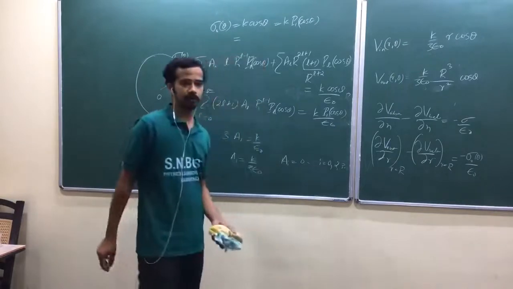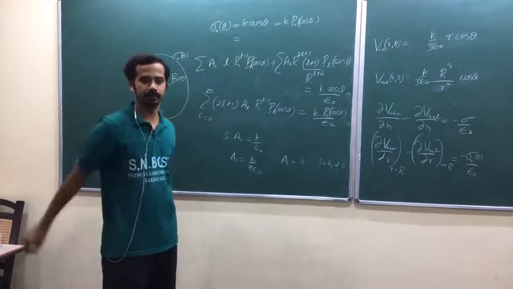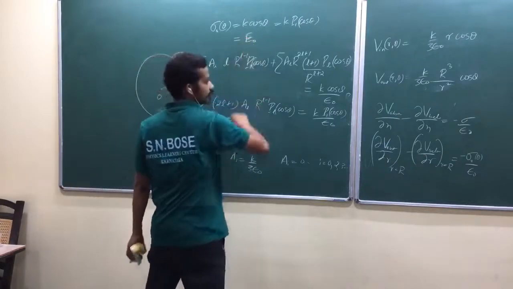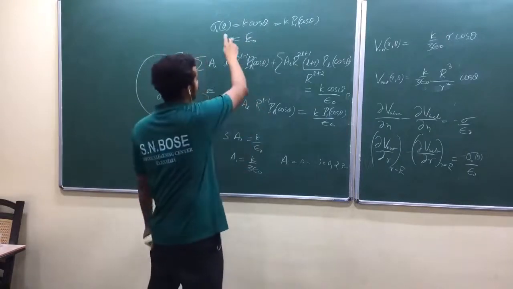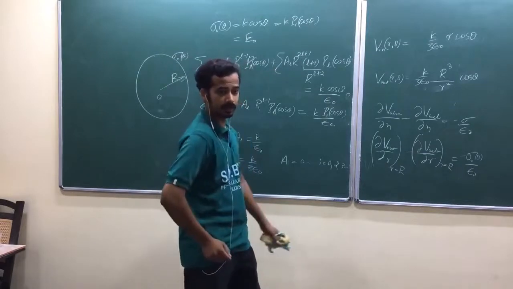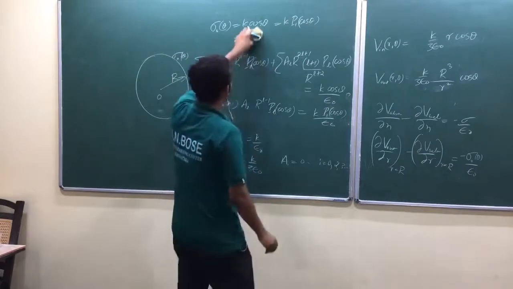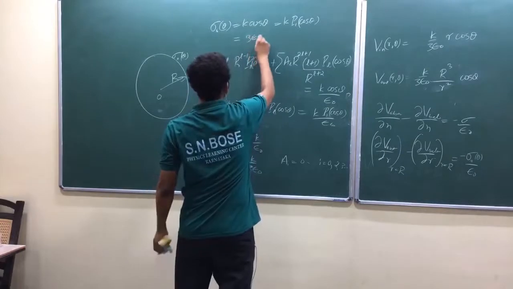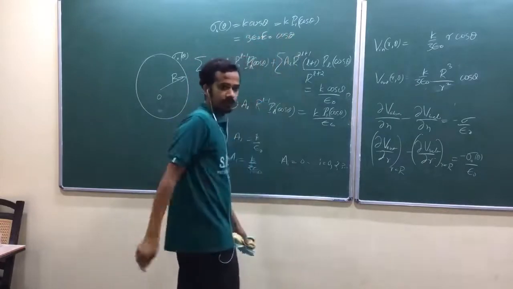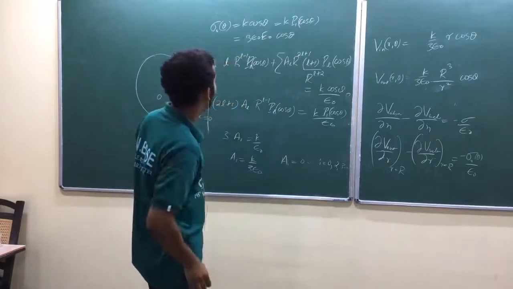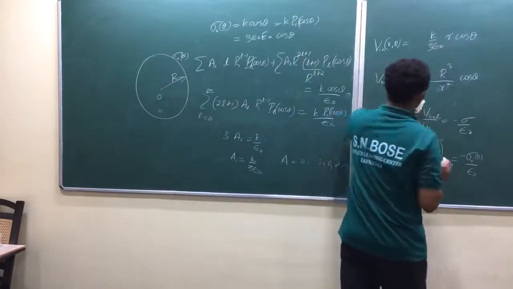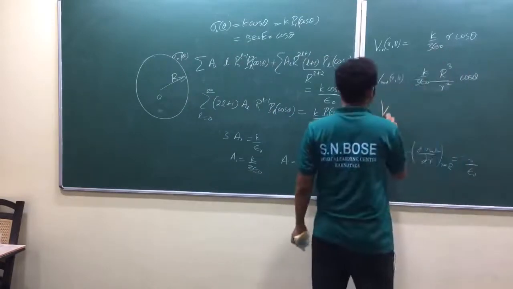Yesterday's problem was a spherical conductor placed in an external field. Yeah. E naught? No, I need only K. Ultimately you have written sigma, am I right? We found sigma. In that, it gave me 3 epsilon naught E naught cos theta, am I right? If K is equal to 3 epsilon naught E naught, what is V out?